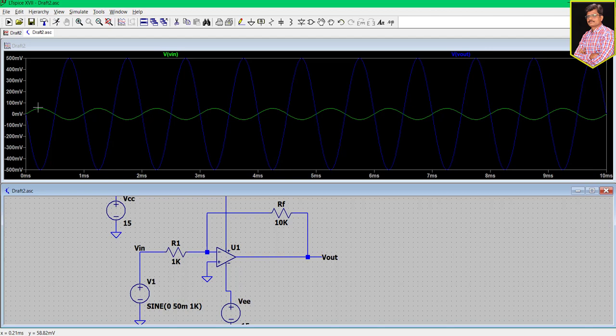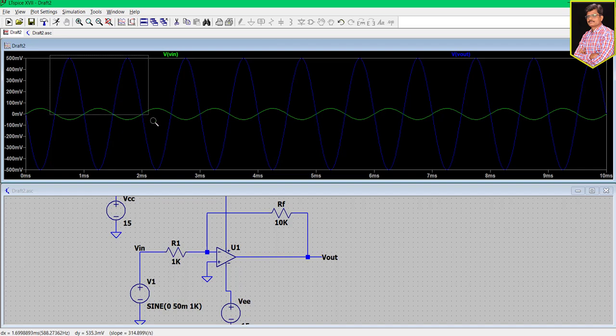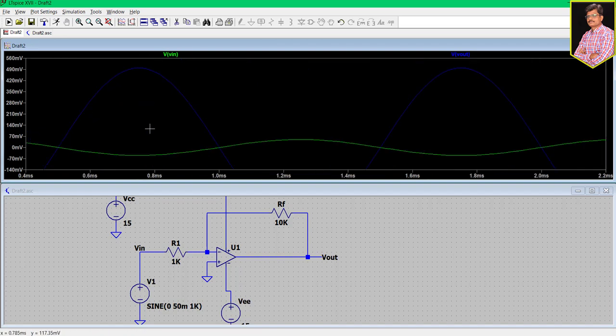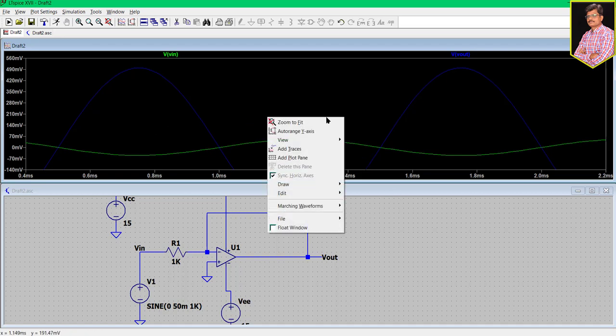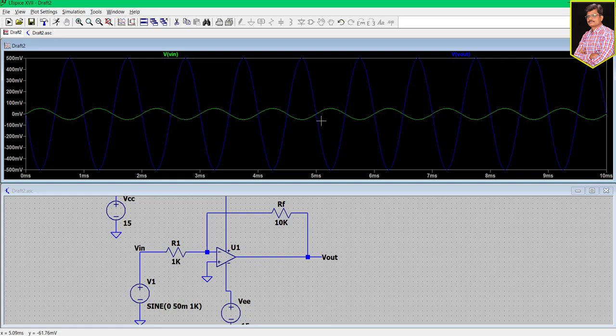We have to check and satisfy ourselves that it comes out to be 0.5 volts with a phase difference of 180 degrees. That's also very important, because we are doing an inverting op amp. The output will be exactly out of phase with respect to the input. That also you can check in the graphical visible part of the sinusoidal wave. Just look at those values. See what is the input value and what is the output value, and satisfy yourself that yes, everything has worked well.